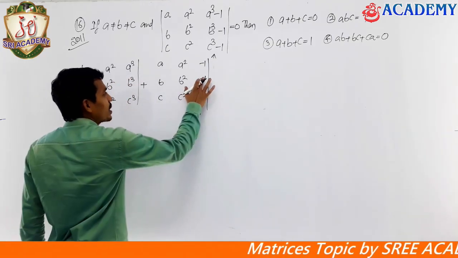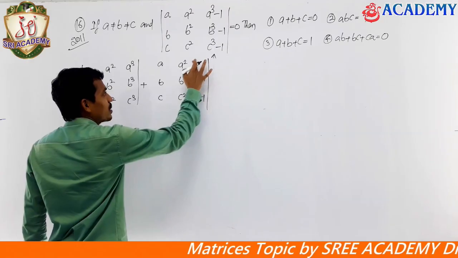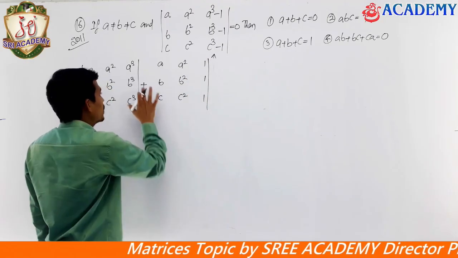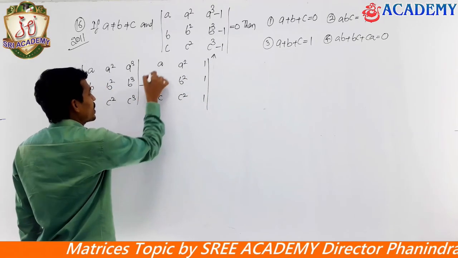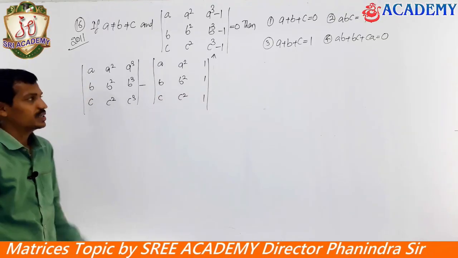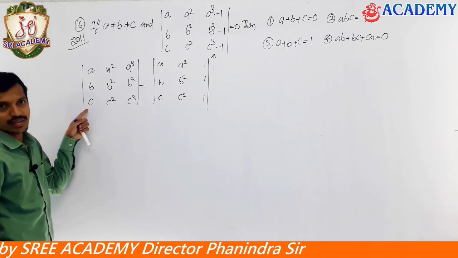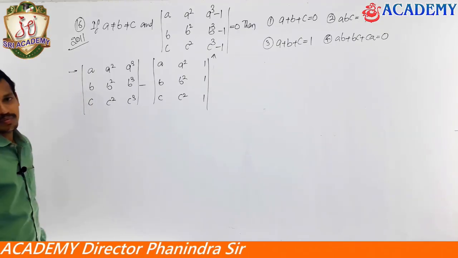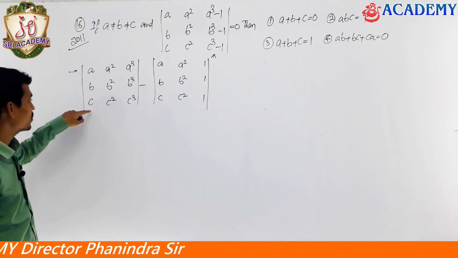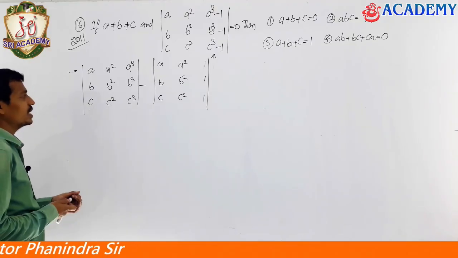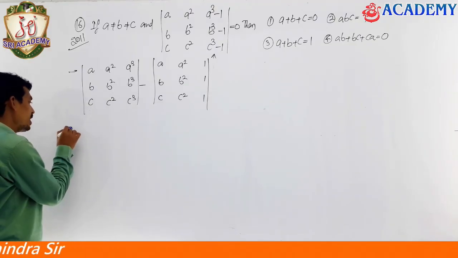But here I am not writing minus, just writing here. Taking minus common, you will get this matrix, in between we are having minus. See, in this matrix, I can take A common from row number 1, B common from row number 2, C common from row number 3. If you write that, it's going to be A, B, C,